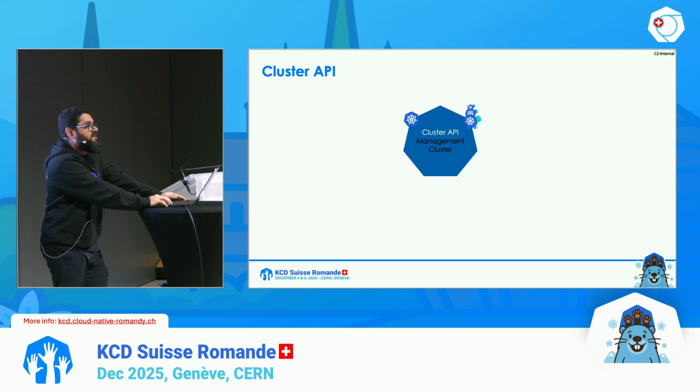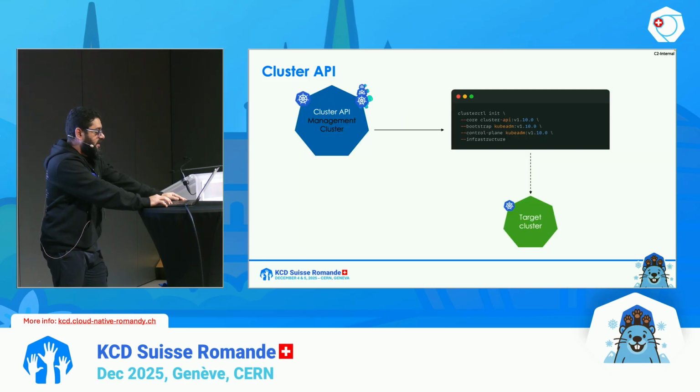Cluster API is abstracting the cluster lifecycle as we know it as Kubernetes objects. We define the management clusters, and then you would have a target cluster which will then become a workload cluster itself, or it can manage other clusters also. And the best thing about this is that once you have a target cluster, then you can also do the move or pivot and make it so that it is self-manageable. In a sense, you don't need any management cluster. But if you still do have a use case to manage the lifecycle of the target cluster centrally, you can still keep the management cluster for, let's say, edge-based deployments.